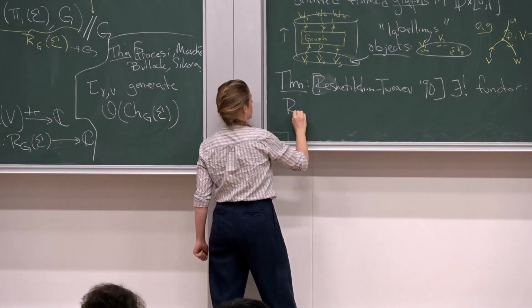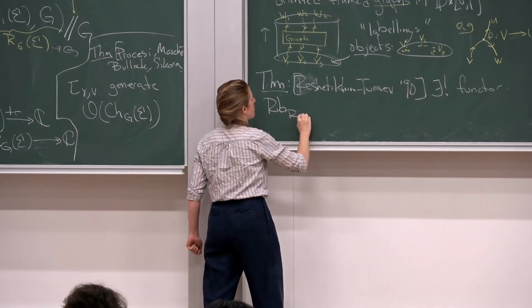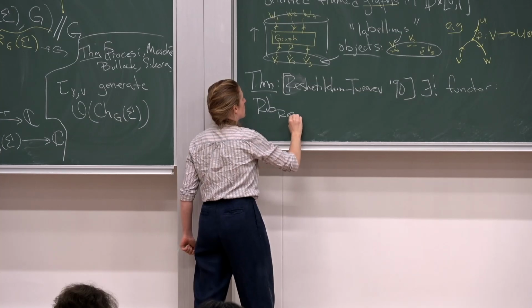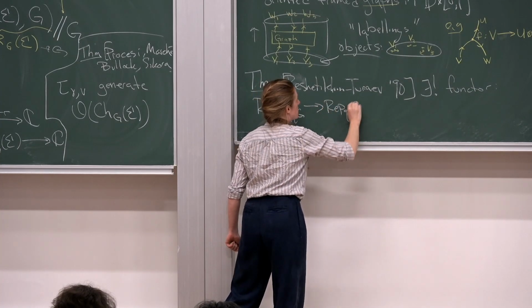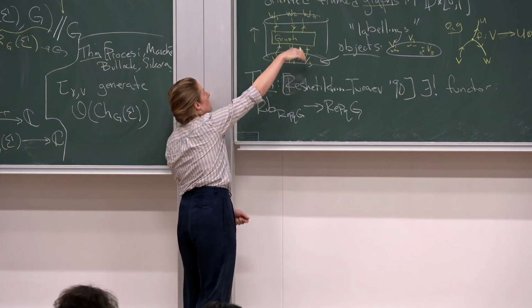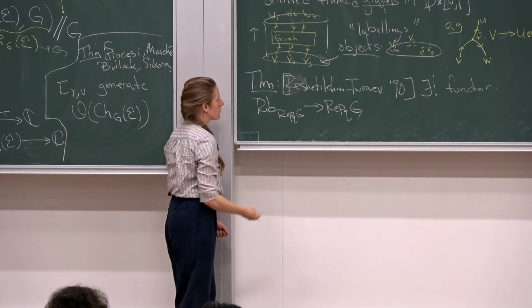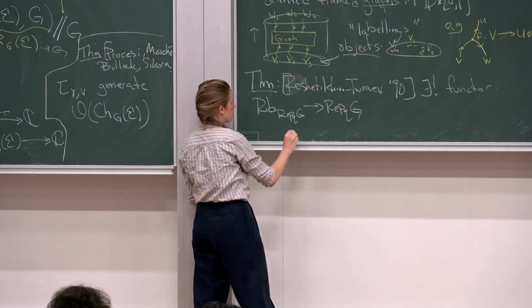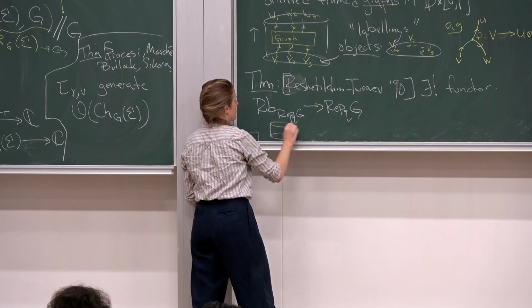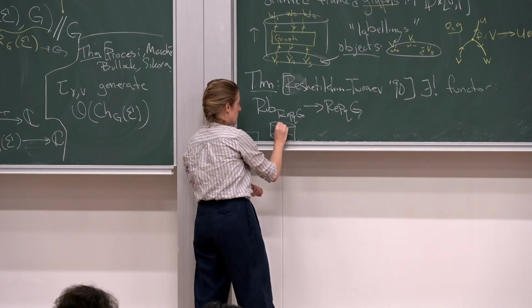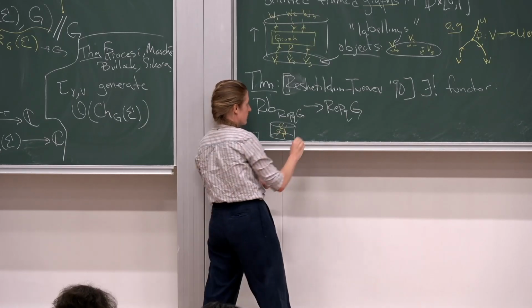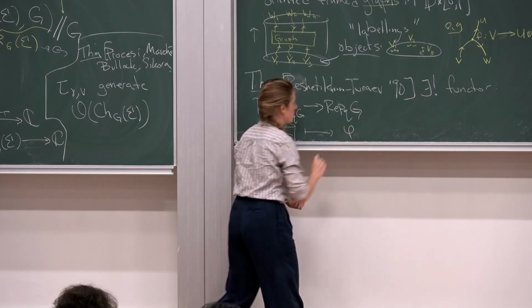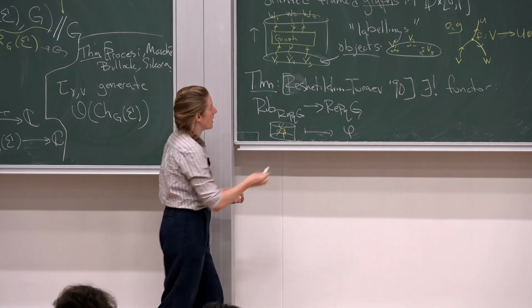It's a functor, so it has to go between categories, going from the graphs back to Rep QG. It takes one of these graphs, or linear combinations of these graphs, and gives me a morphism in this category. So take something in here with some vertices, and it sends it to some morphism like this. And it's unique